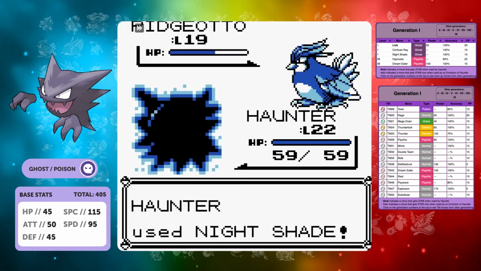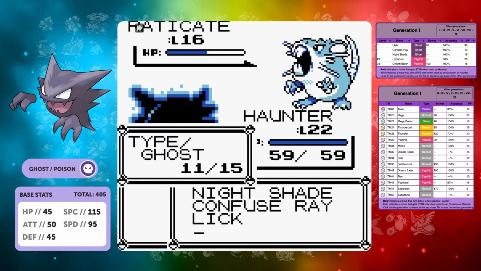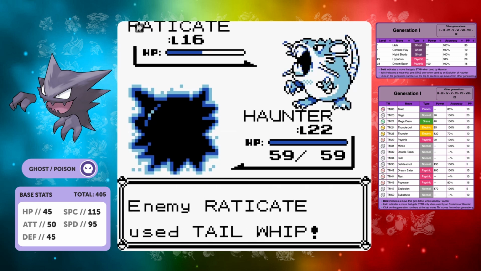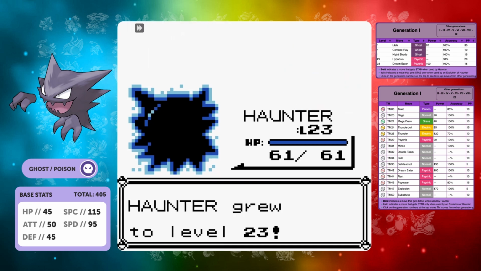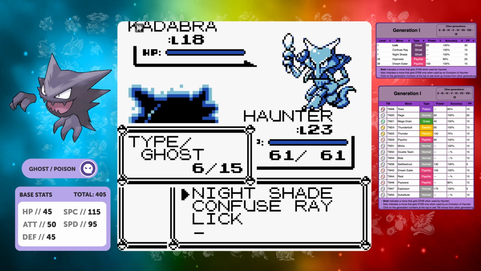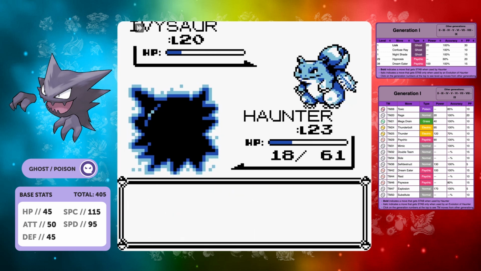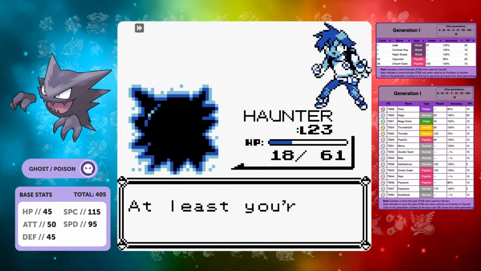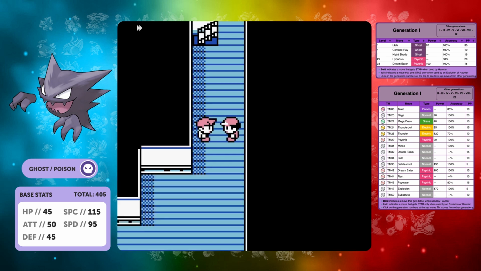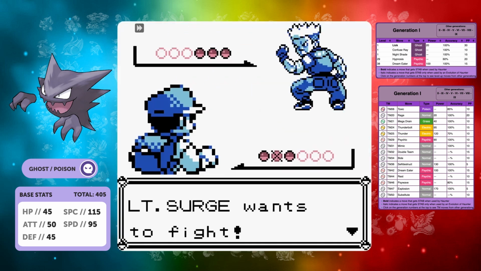Let's see how we do against the rival on the SS Anne. Now, because we're level 22, we are just taking names with Nightshade, but we are running out of PP extremely quickly, meaning we really need to get to a stage where we are getting more moves very, very quickly. Now, as long as we managed to have enough Nightshades to beat the entire fight here, we can go and pick up Cut from the Shipmaster, and then we can go and get our second move, which is going to